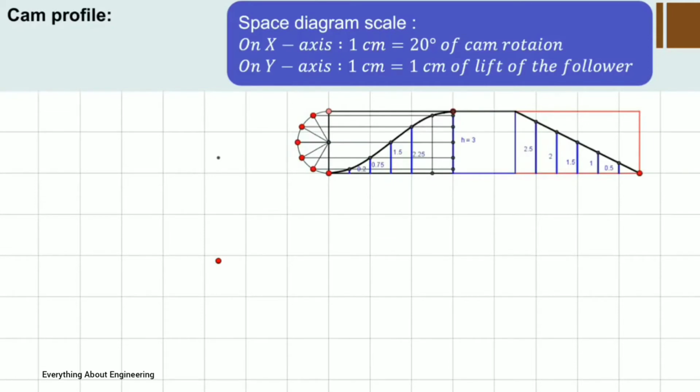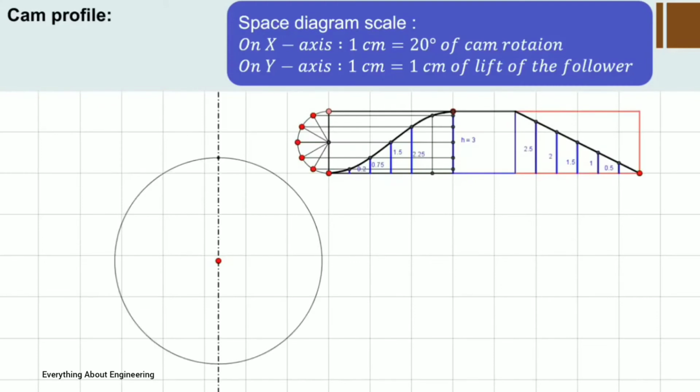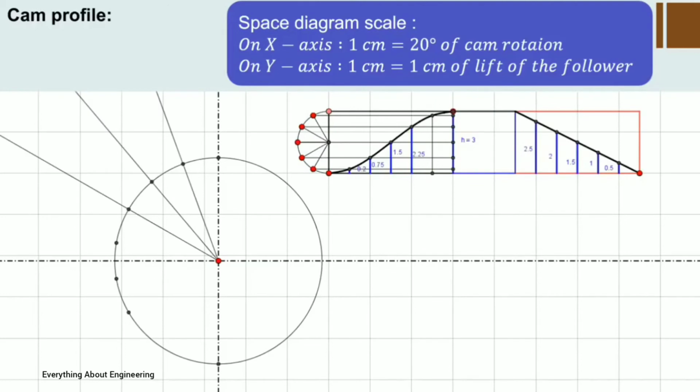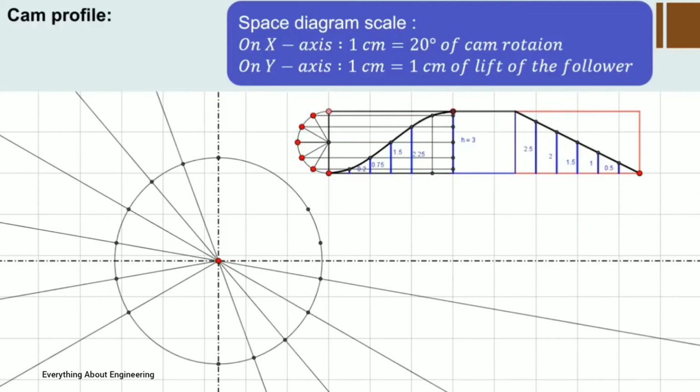Now let us see how to draw this particular cam profile. We know that the least radius of the cam is 5 centimeter, so we have drawn this circle of 5 centimeter. Then the outstroke is 120 degree. Divide this circle into 6 equal parts as shown over here during the outstroke, then there is a dwell period, then again divide the return stroke into 6 equal parts and draw these lines passing through this.